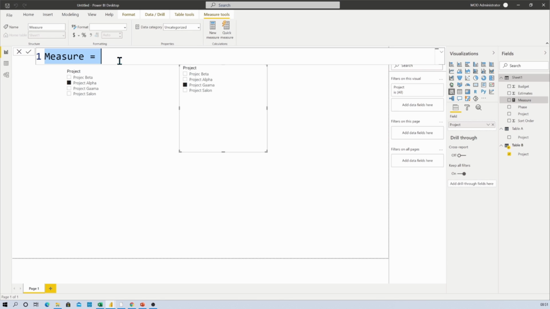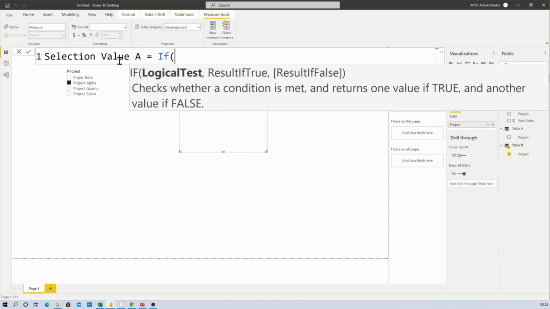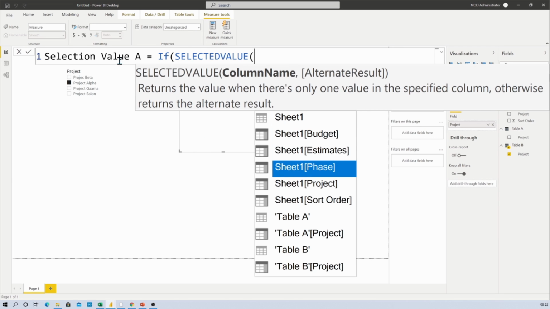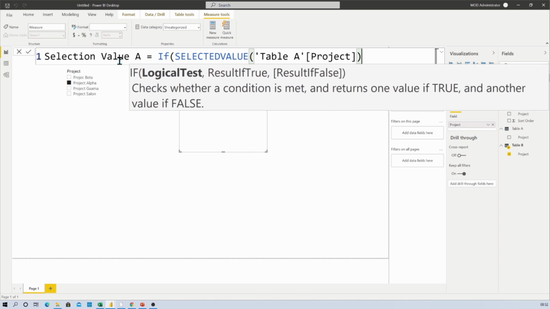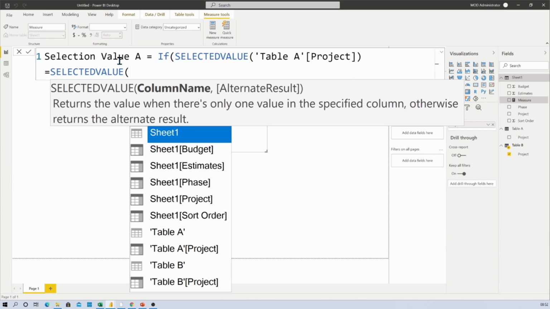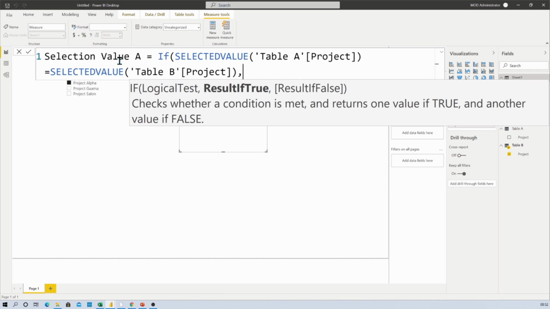Now let's give the measure the name Selection Value A is equal to, and let's add a condition: IF the selected value from Table A's project is equal to the selected value from Table B's project, then 0, else 1, right?